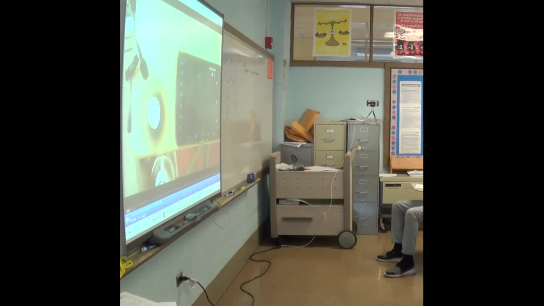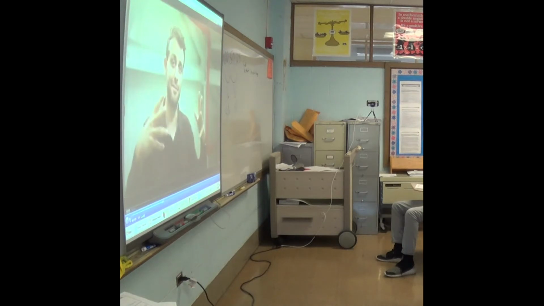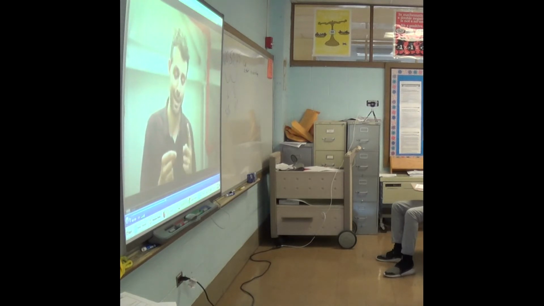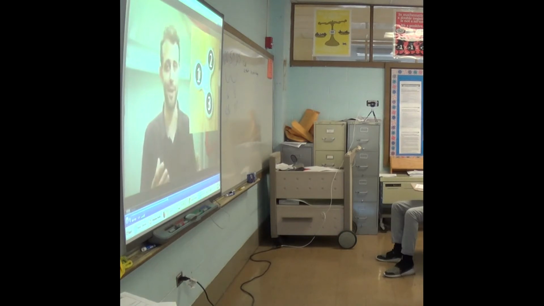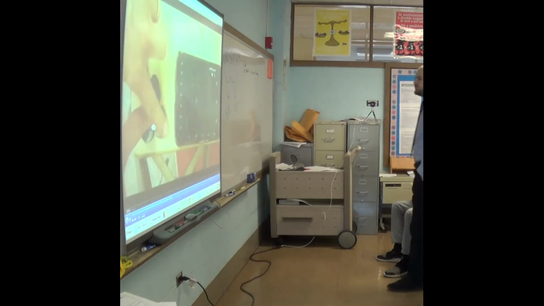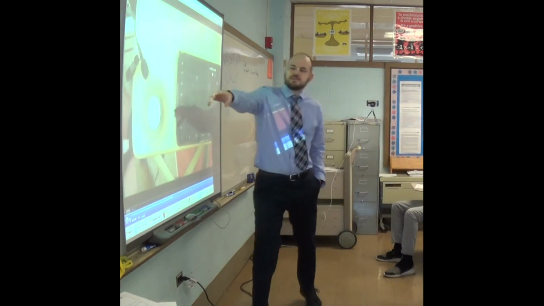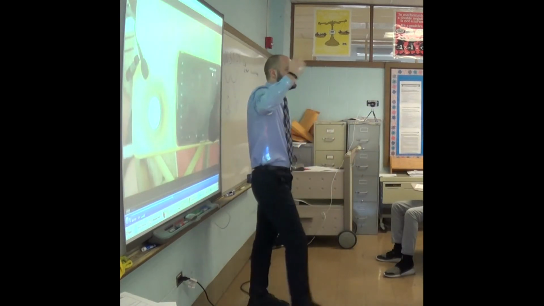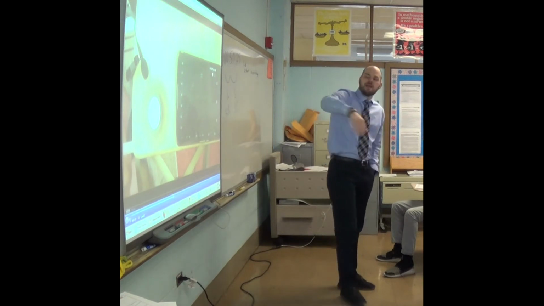To calculate the speed, you need to first calculate the number of turns per second. To do that, you divide the frequency by 3. That's because the frequency coming from the app is telling you how many times the paddle passes per second, but there are 3 paddles in a full turn. So divide by 3, you then multiply by the circumference, and that gives you the speed of the tip of your fidget spinner. So, see this microphone here, it's measuring sound as it goes by. That's how it measures